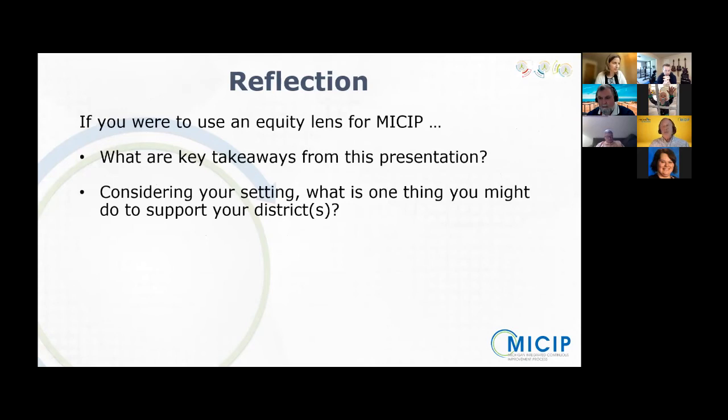And then as you consider your own setting, whether that's in a district setting or an ISD setting, what's one thing that you might do to support equity work in whatever arena you're engaged in? If you're an ISD person, with the districts that you're working with; if you're in your local district, recognizing that this is going to be driven by where districts are, the level of engagement they've already had around this, or if there's none, where do you even start with this? So again, Frank, if you would, for maybe 10 minutes, just to engage. We're not asking you to record your thinking around this, but just to engage in this conversation.